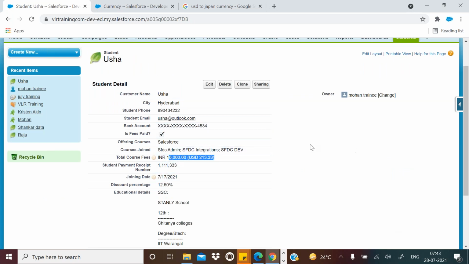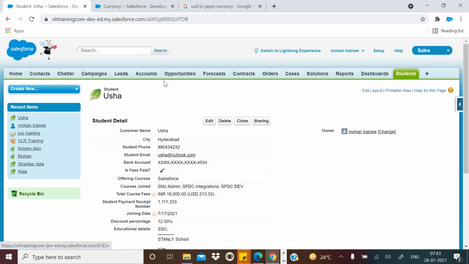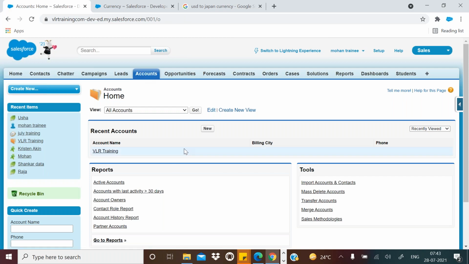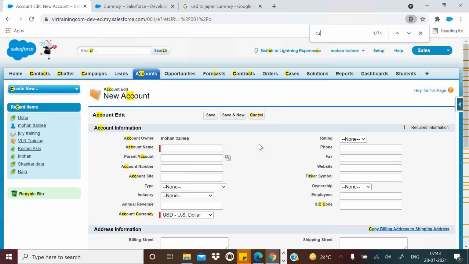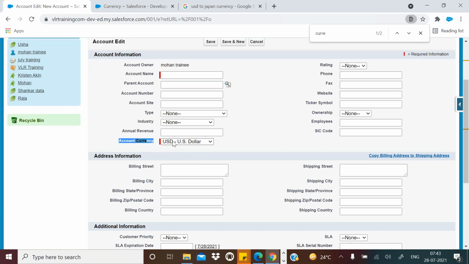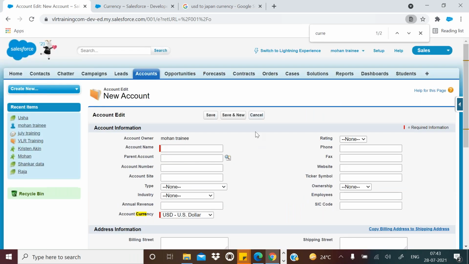Now if you go to any object, not only this one, go to accounts and check, the currency field will be there. Account currency, see here. A new field is created on all standard objects and all custom objects.